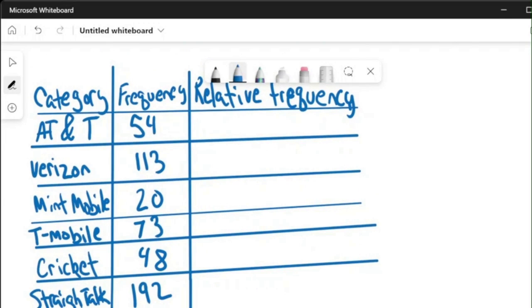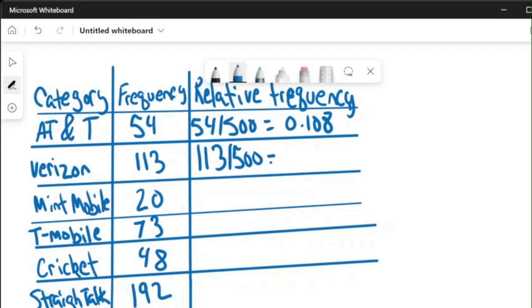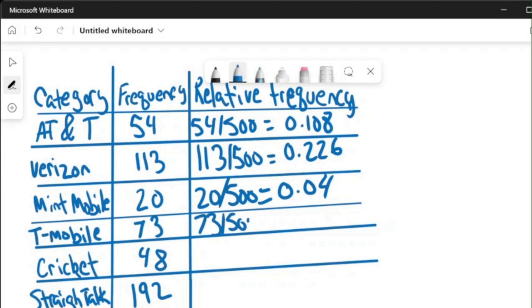So we will say 54 divided by 500 equals 0.108. 113 divided by 500 is equal to 0.226. 20 divided by 500 is equal to 0.04. 73 divided by 500 is equal to